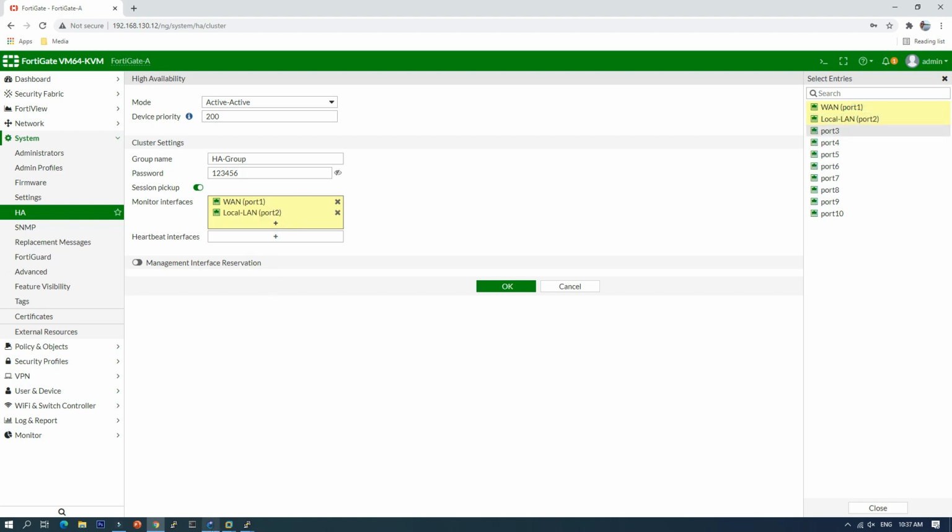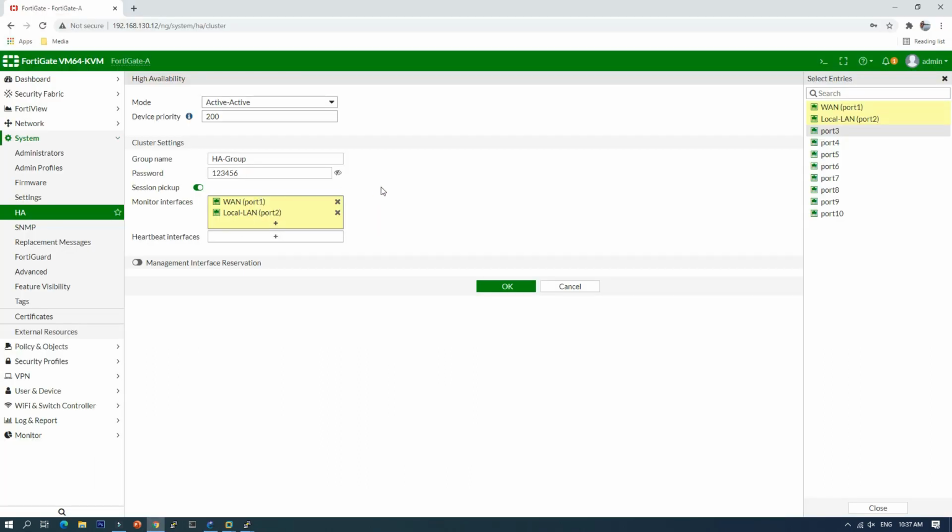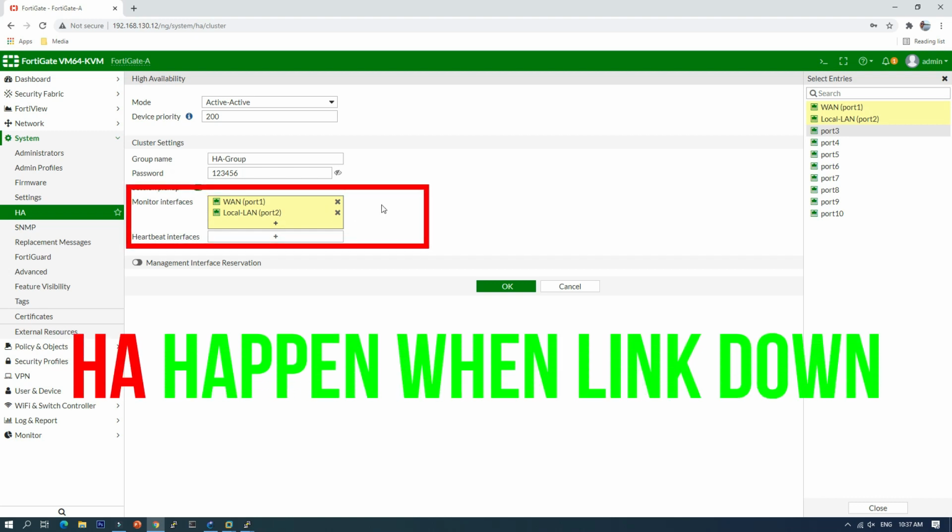In case our WAN port or LAN port is down, it will consider that the master cannot operate the network anymore, so the slave needs to take over to become the master and control all the traffic.